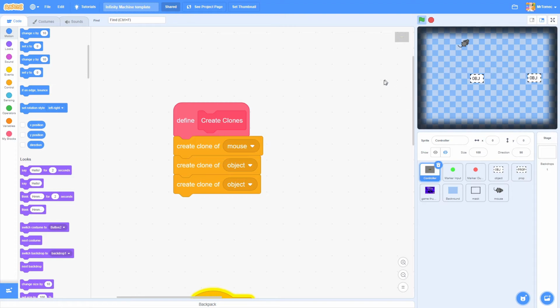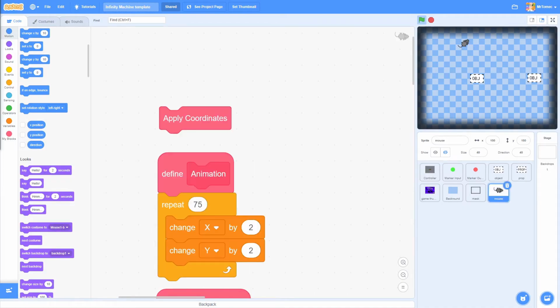Now something could be touching the mouse to get it going too, and so that's why we have to designate a start point for our object. That's the spot where it's going to be hit, and then an end point, which is where it's going to end up after it moves. So we can set that start and end point over in the mouse sprite by clicking on this apply coordinates custom block. Now your game must be running for this to work, so make sure you've clicked the green flag,